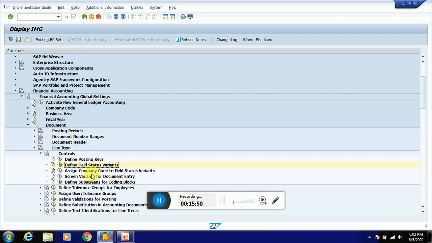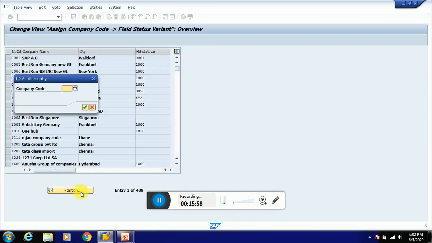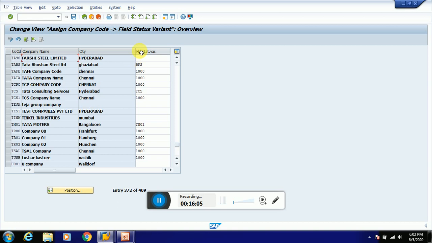Under this option, click on execute, click on position. Our company code here is TA90. Click on enter. Our field status variant is TA90.